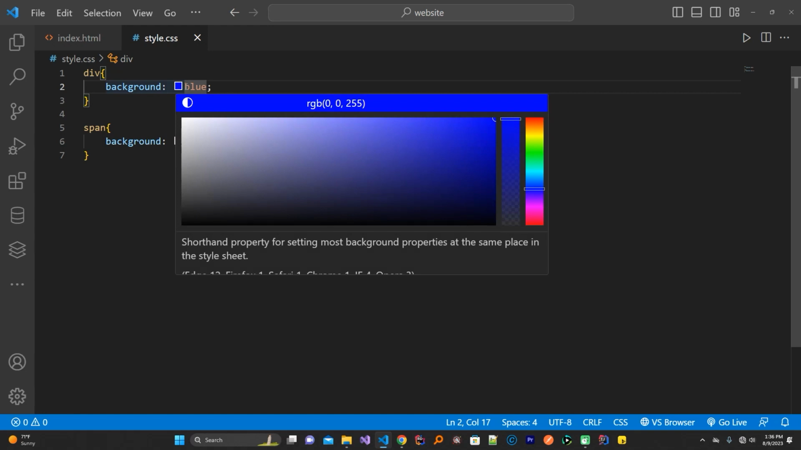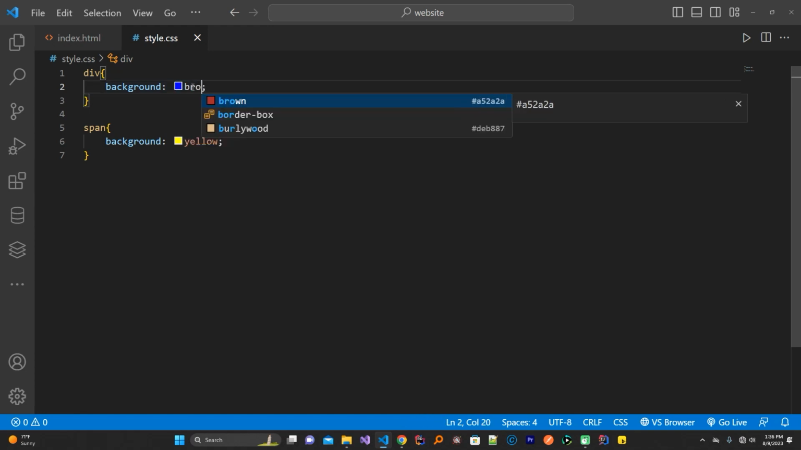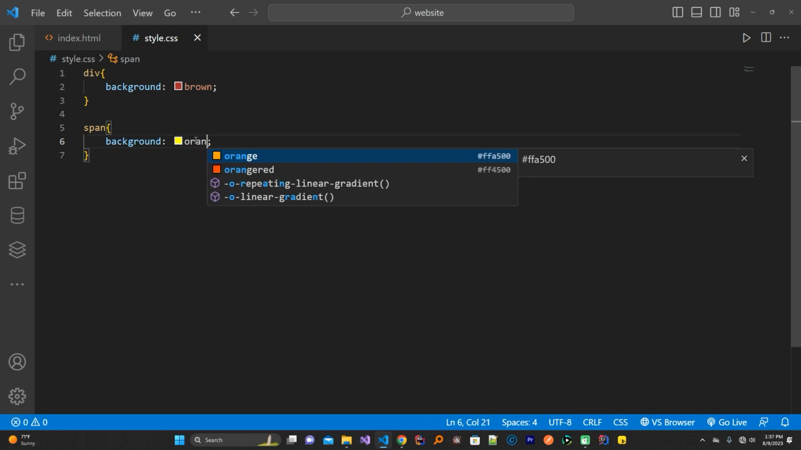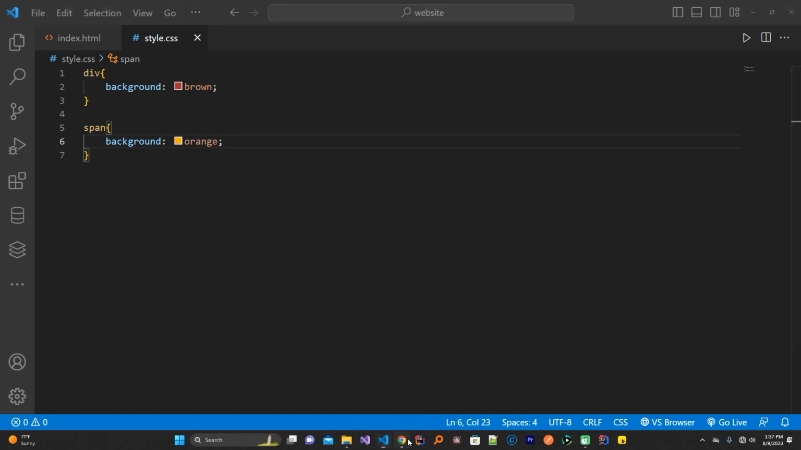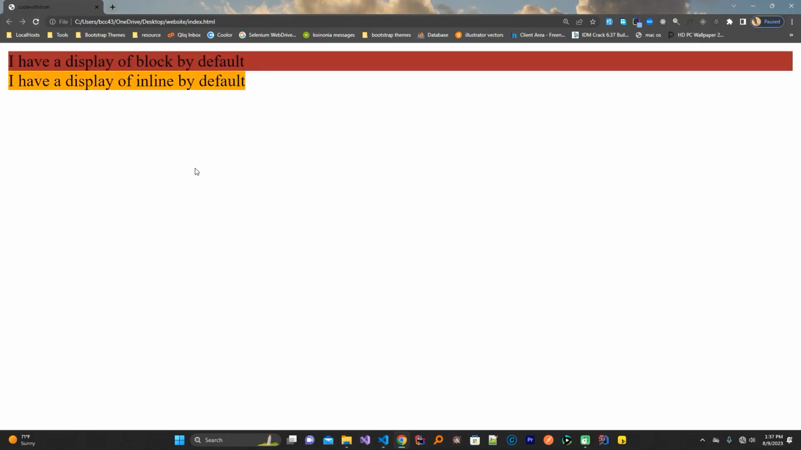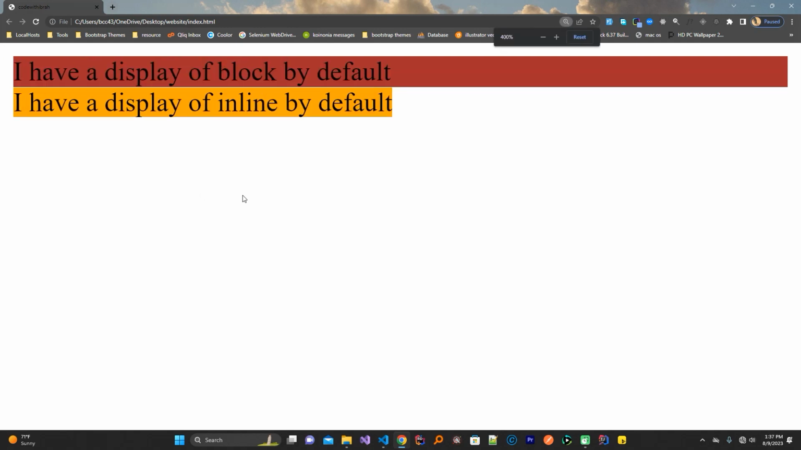The black is not visible, so let me make it something visible. Let me change it to brown. Change this one back to orange, so that it can be much more visible. Very, very good. So now we are coming to look at how we will change this one that